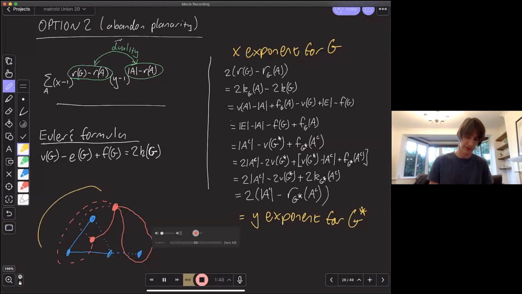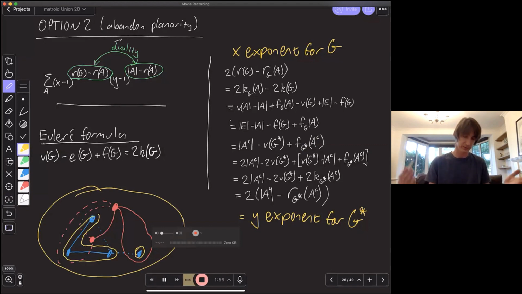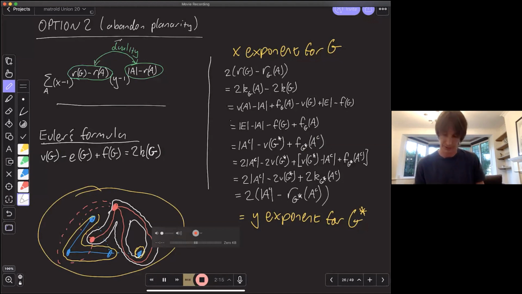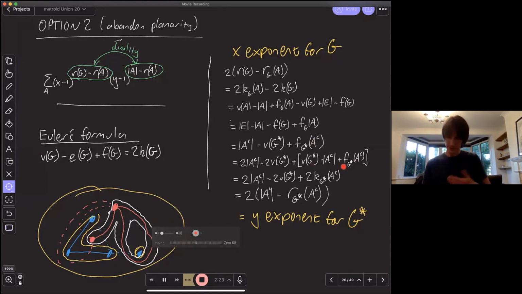Well, we go to this picture down here, and we see if I draw a little boundary component around the blue graph, which is a spanning subgraph of the primal, and if I draw all of the boundary components of the complementary spanning subgraph in the dual, I just see I've got exactly the same boundary components. So what have I done? I've switched into the dual, used Euler's formula again, and tidied up to get my y exponent down here.